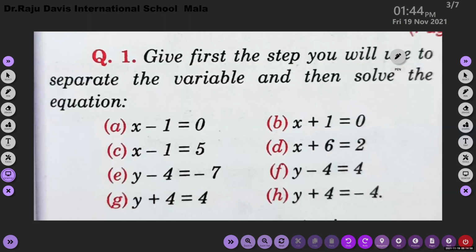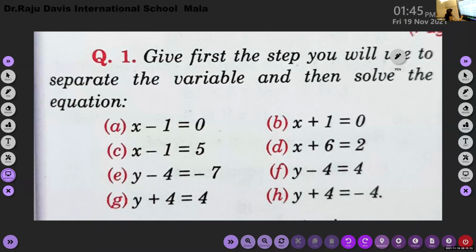These were the problems which we have done in the last video, isn't it? Yes, ma'am. So you know how to balance the equation and find out the answer, correct? Now I'm going to explain how to transpose the numbers from the left side and find the solution easily. So let us check how to do it.